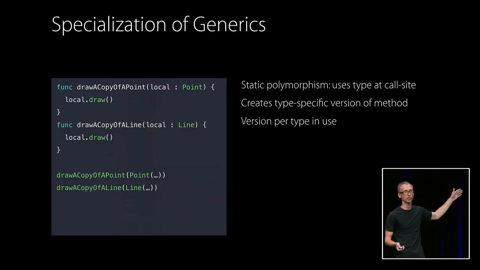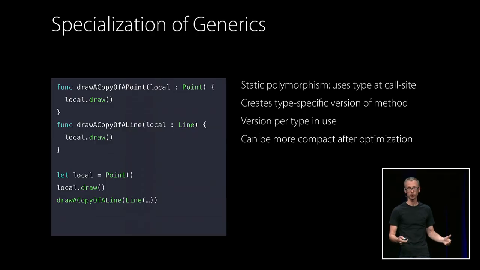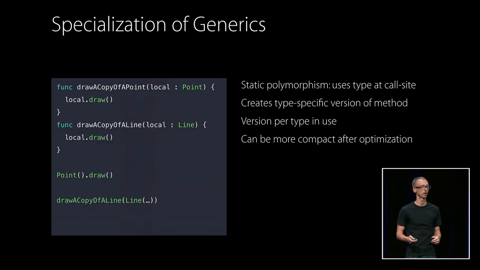So if we call the drawCopy function on the line and the point, it will specialize and create 2 versions of that function. Now you might say, wait a second, this has the potential to increase code size by a lot, right? But because the static type information that is now available enables aggressive compiler optimization, Swift can actually potentially reduce the code size here. So for example, it will inline the drawCopy of a point function, and then further optimize the code because it now has a lot more context. And so that function call can basically reduce to this one line.